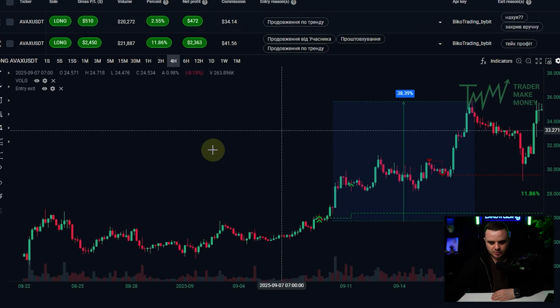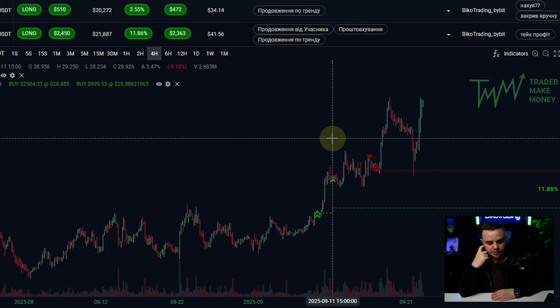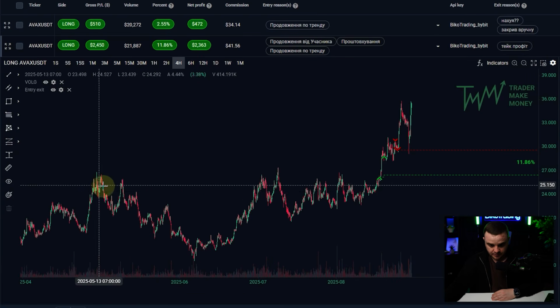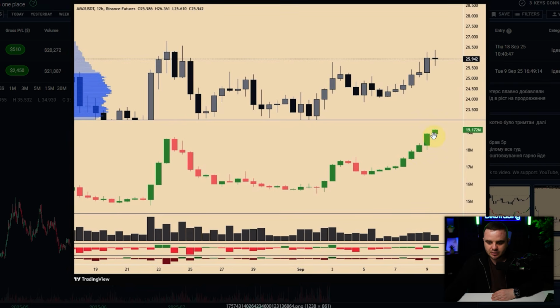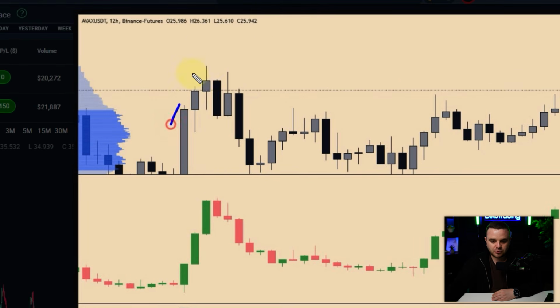First, this AVAX, why I took the trade, because it is one of my strategies. It's called breakout from value, and the most important thing here, below we have quite a significant range. Price was in that range for a really long period of time, volatility dropped, and we have a significant rise in open interest slowly. The most important thing is that open interest rises on slow candles, because sometimes open interest increases too fast. In most cases that open interest will be liquidated. In most cases it will be trapped. And after that we take a trade.